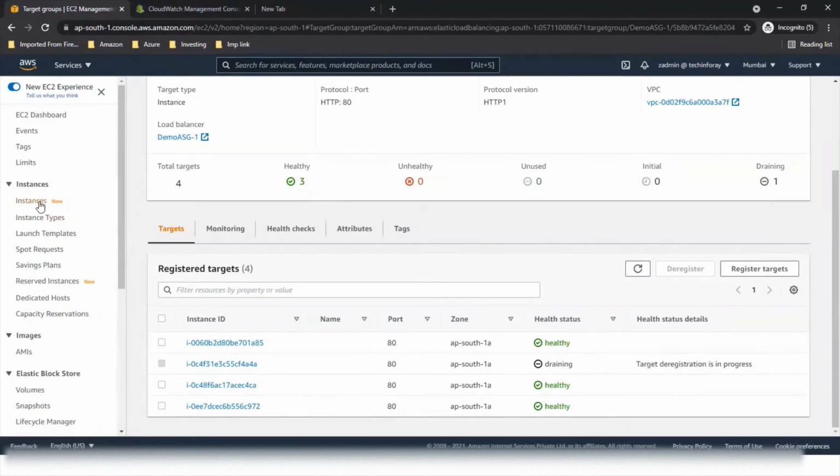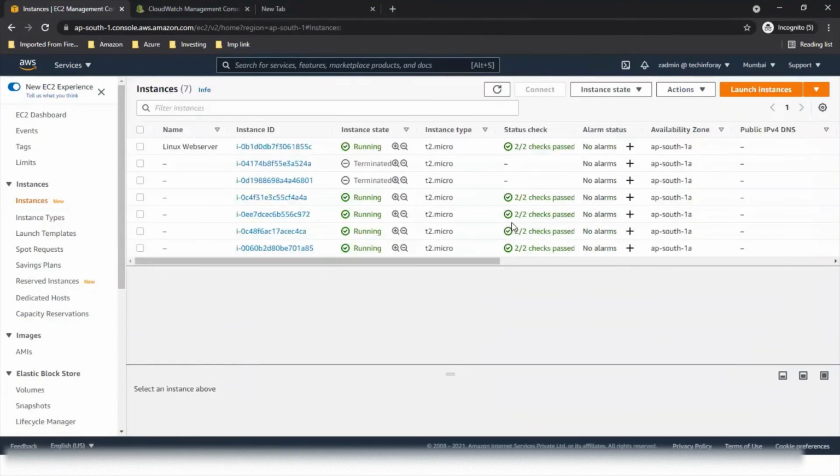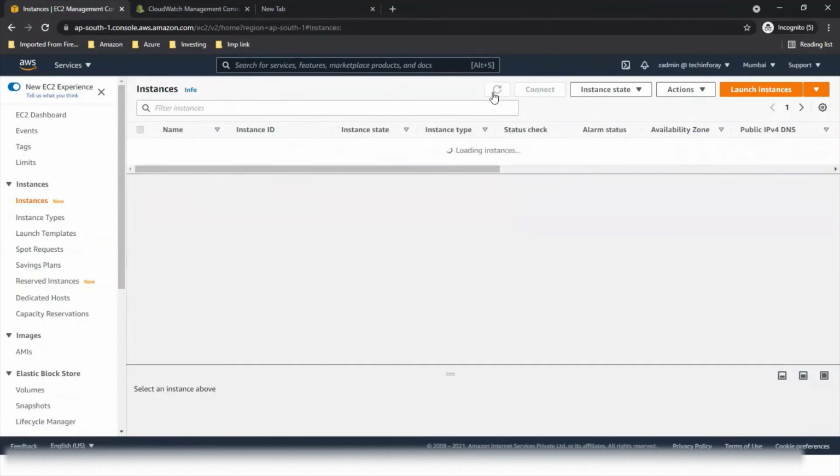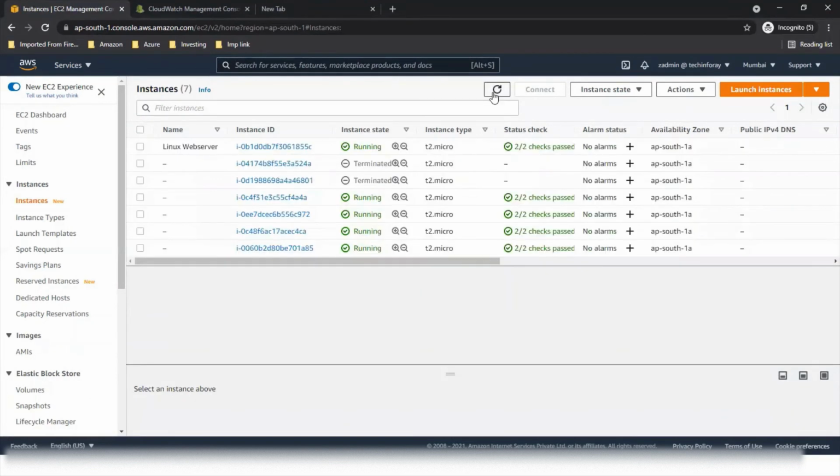So if we go to our instances, here the machines will be terminated. So these are the actual 4 machines. These were launched for testing purposes. So after a few minutes, you can see one machine will be terminated. So you can see our policy has kicked in and it has removed the machine. It has been shutting down from 4 to 3 capacity.